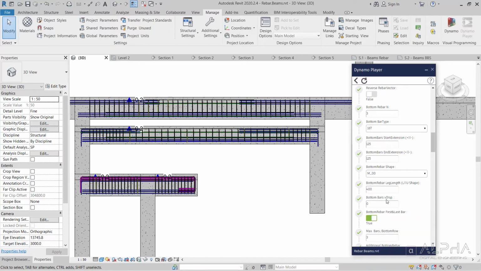Bottom rebar vertical displacement, if for some reason we wanted to move the bottom rebar up with a specific displacement, would be useful to avoid clashes if we have our extension from a next beam. This feature also moves any depending additional bottom rebar up with the same displacement if there is any. To add first and last bar,